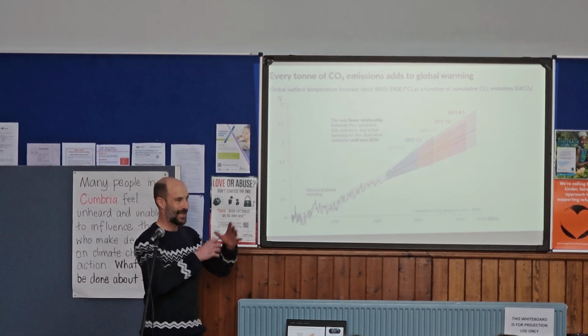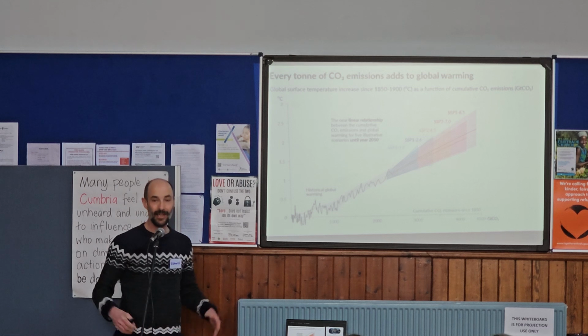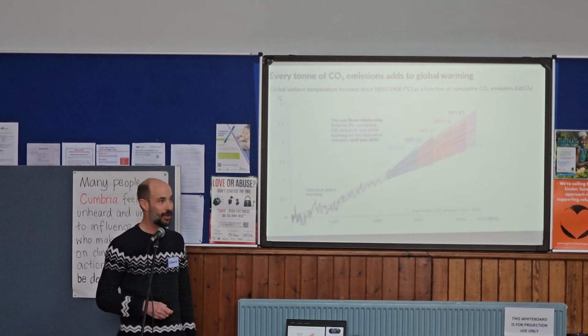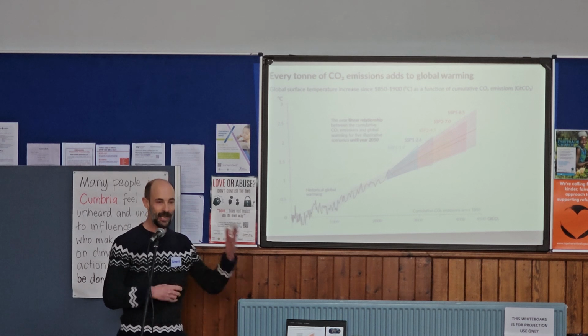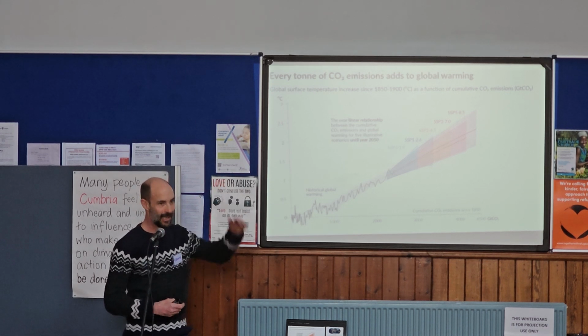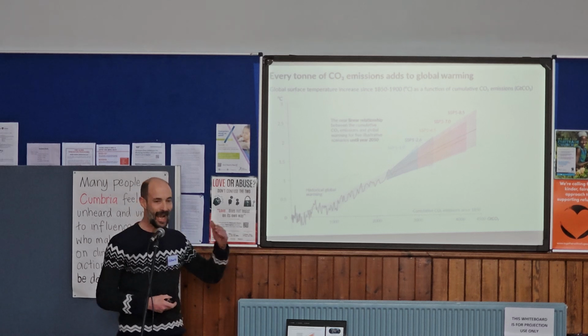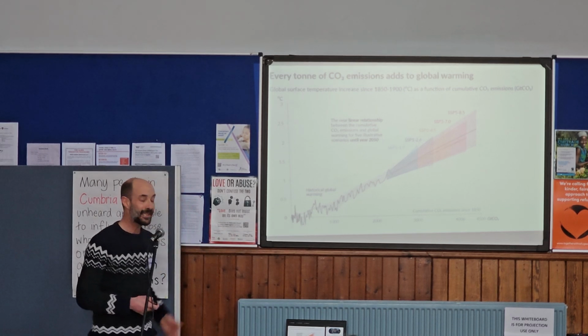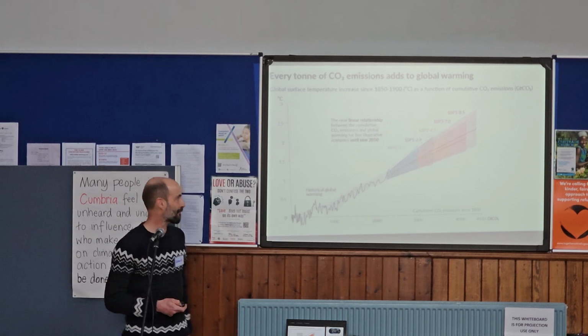It builds up in the atmosphere. Carbon dioxide sits around in the atmosphere. It doesn't get removed from the atmosphere very easily. It's got a long residence time. So as we emit year on year, it's additive. It builds up over time. So here we're not looking at annual emissions. We're looking at those emissions building up over time. And that's the big challenge with carbon dioxide.